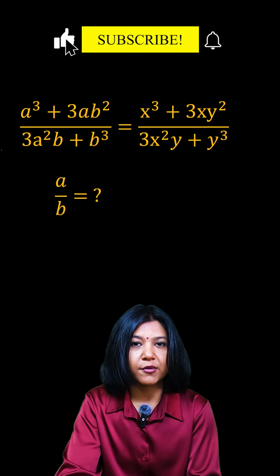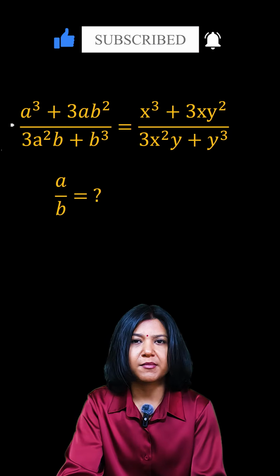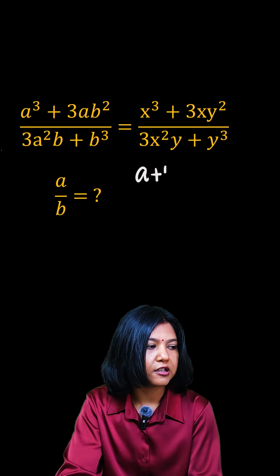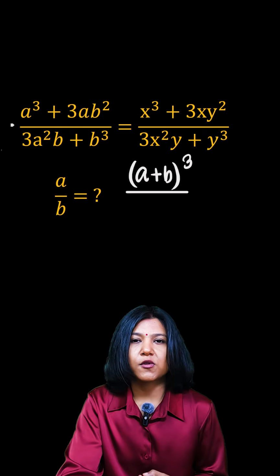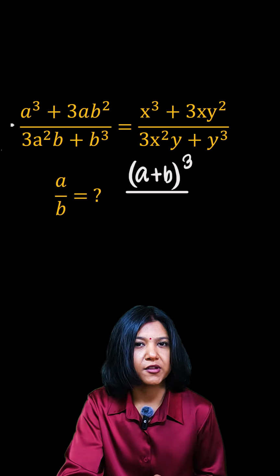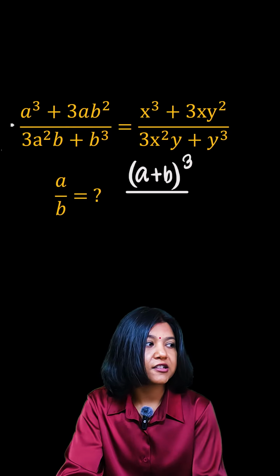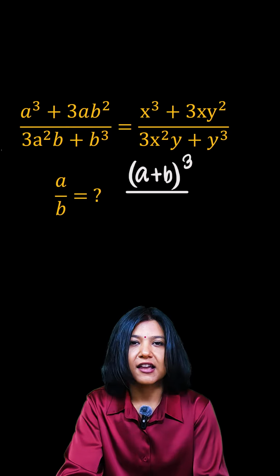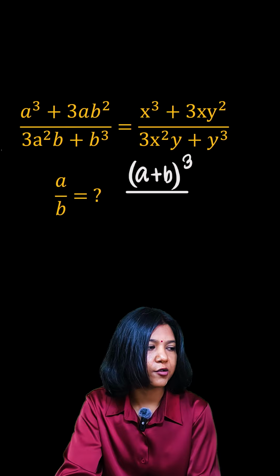Okay, so what I'm going to do is add the numerator and denominator at the top, so adding them clearly gives me a plus b the whole cube. Likewise, in the denominator, what you really do is subtract the existing denominator from the numerator, and if I was to do that, a cube plus 3ab square minus 3a square b minus b cube is an identity of a minus b the whole cube.